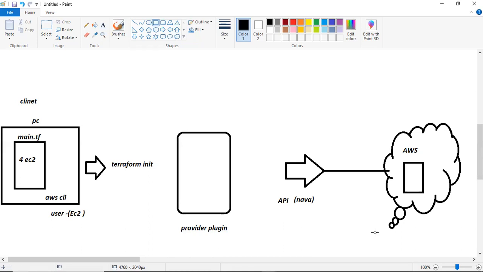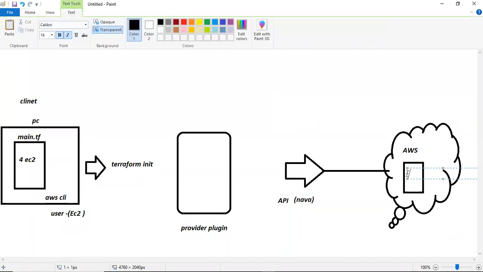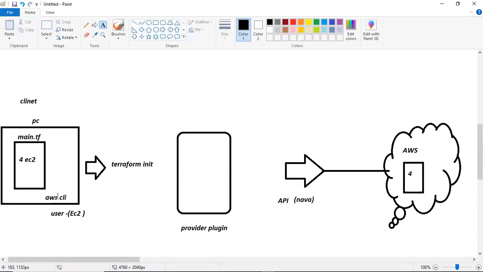Now the 4 EC2 will be created in my cloud. This is how Terraform interacts with my cloud. It downloads the provider plugin. From the plugin, based on the configuration, APIs are generated. This API interacts with the cloud and creates the resource.